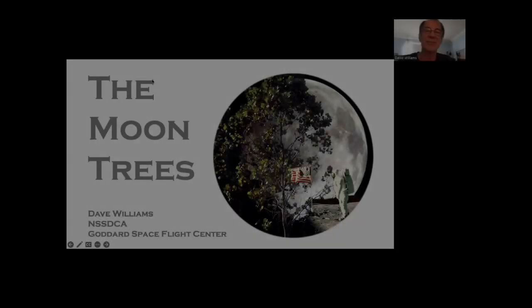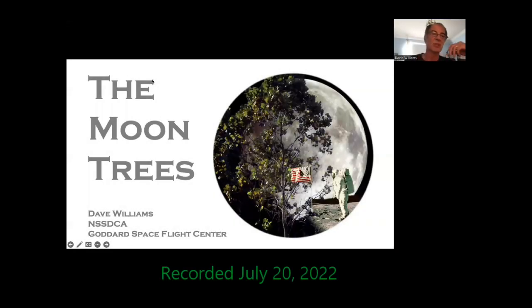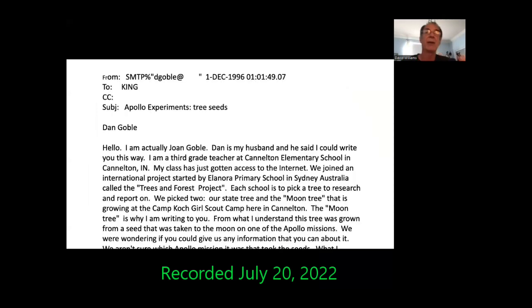So anyway, yeah, let me just tell you about the moon trees. And I usually, when I talk about this, I like to start with how I first got involved with it. And that was with a simple email. So I am at the NSSDCA. It's basically one of NASA's deep archives for their spacecraft data, and I'm in charge of the planetary and lunar